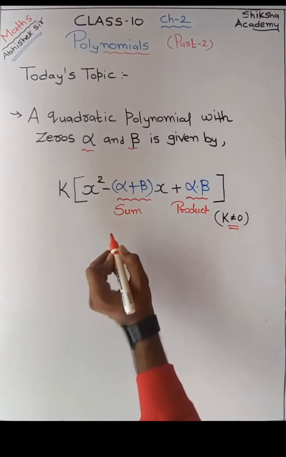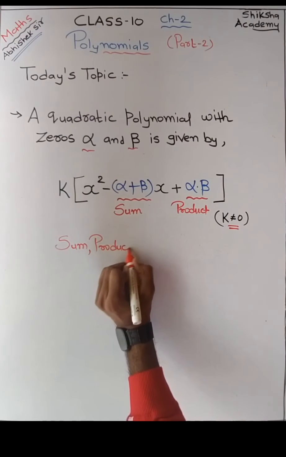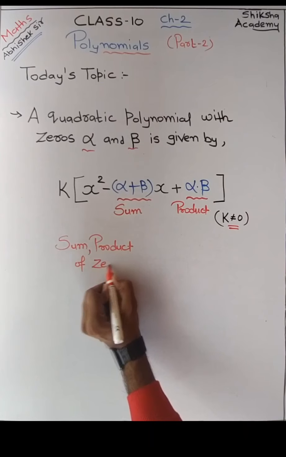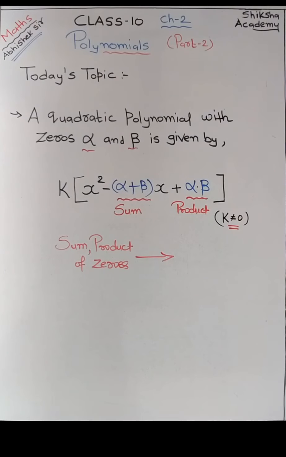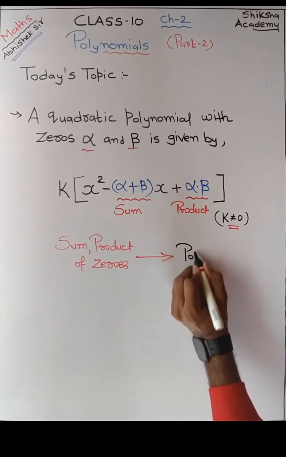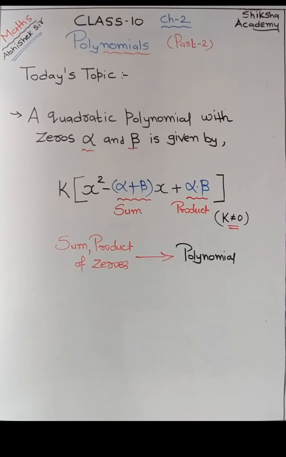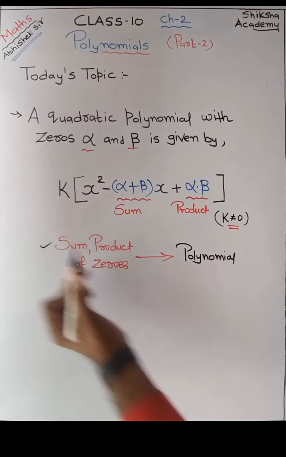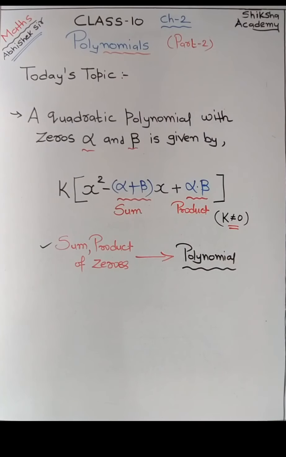So this method will be very helpful when the sum and product of zeros are given, and then you have to find out what the exact polynomial is, right? Questions like this can come in the exam, and we have these kinds of questions in the exercise as well, where sum and product of zeros are given and we find what exactly that polynomial is. So let us quickly start the exercise and see how today's two main topics that we have studied till now are applicable in solving the numericals.